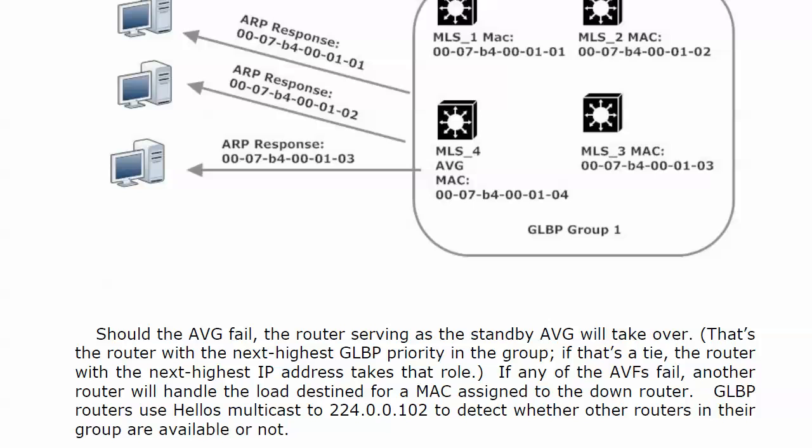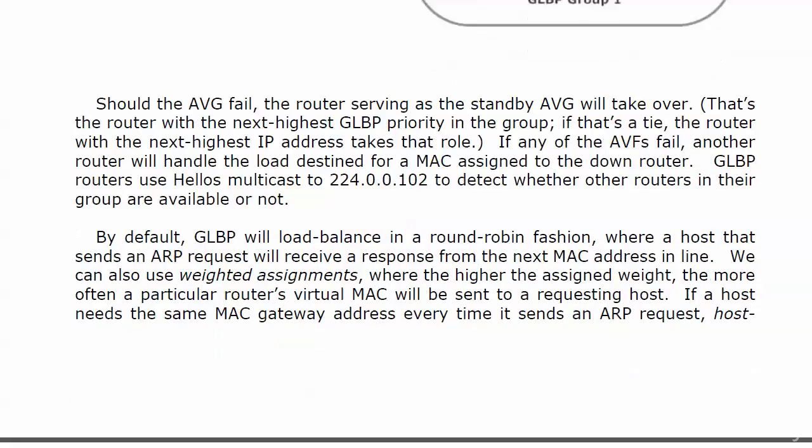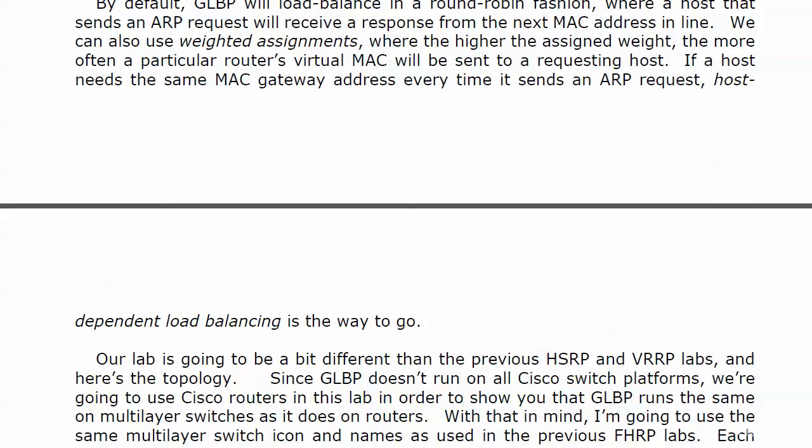Now, let's talk about those assignments for just a moment and how they get done. By default, as I've mentioned a couple of times, GLBP is going to load balance in a round-robin fashion. That's where an ARP request comes in. It just gets a response from the next virtual MAC address in line. We can also use weighted assignments, where the higher the assigned weight, the more often a particular router's virtual MAC will be sent to